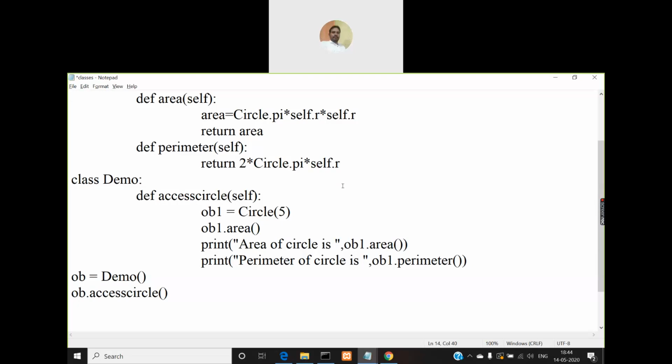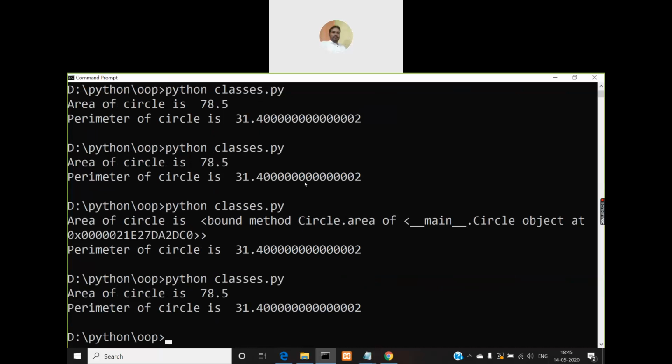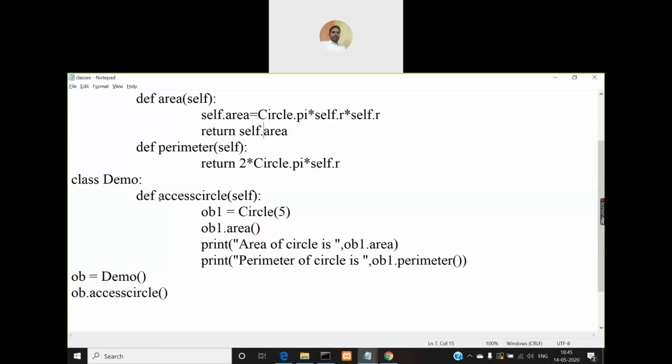If you want to access the variable area value, then here you must use the self keyword, self dot area, and this must also be self dot area. Okay, so this is a peculiar behavior.